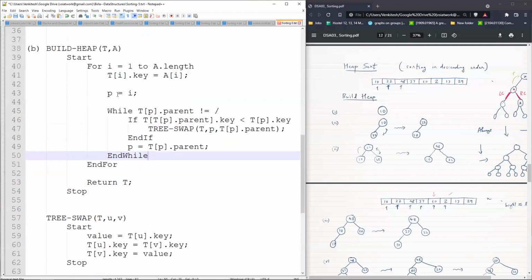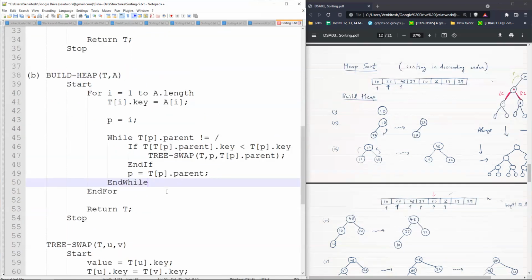Okay, so this at the end of it is a binary tree with values from A with heap property. So this completes the build heap part of the algorithm, and then we will simply return this filled tree T. Okay, we return this filled tree. That's all. So that completes the build heap part of this algorithm.